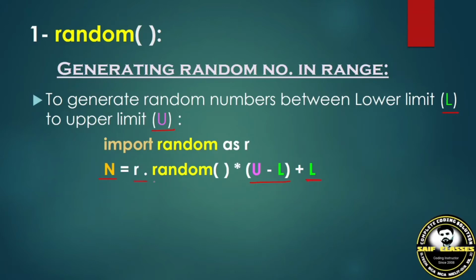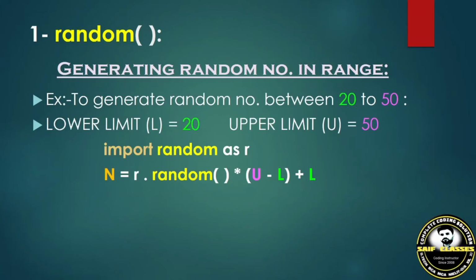always l, minimum l. Why? Because there are two terms. This is the first term and this is the second term. This term, particularly this random function, varies from 0.0 to 1.0. So this term could give you minimum 0.0. If it gives you minimum 0.0 or 0, then at any cost this l will be added to the final answer and this will be assigned to n. So the minimum that n will carry from here will be the value of l.